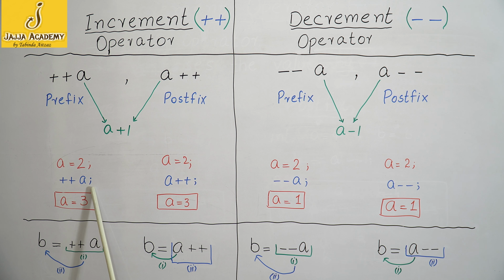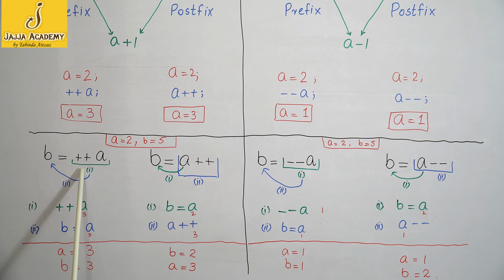So first of all, the value of a will be increased by 1, and then the updated value of variable a will be assigned to the variable b in the second step. Here I have elaborated the two steps. Number 1, ++a means 2 plus 1. a will be increased by 1. So a will become equal to 3 in this step,